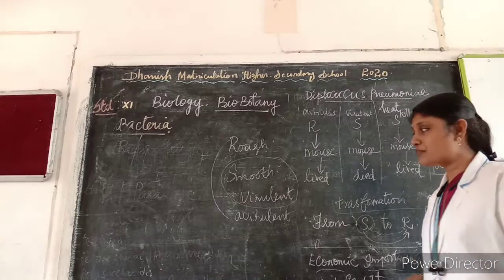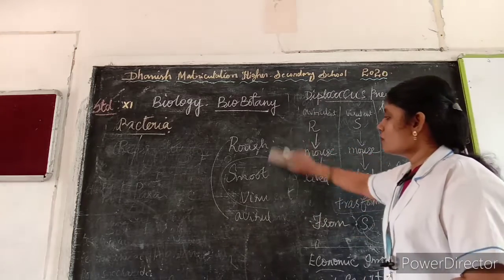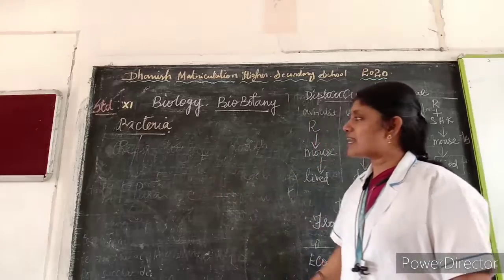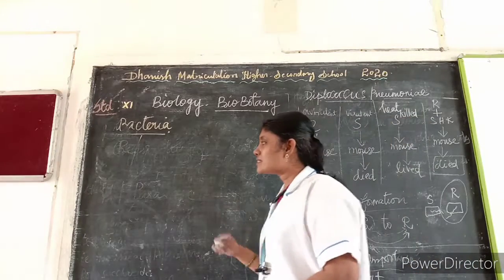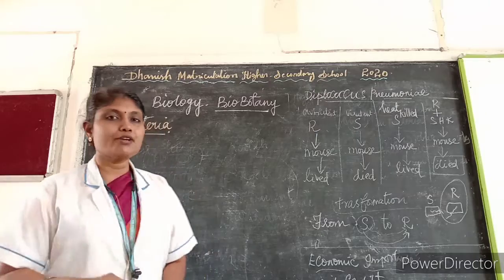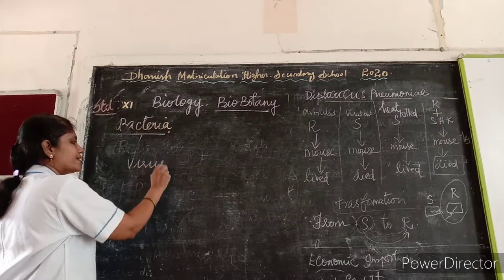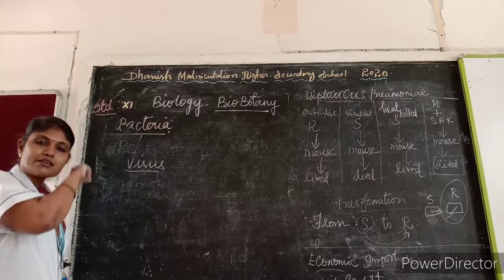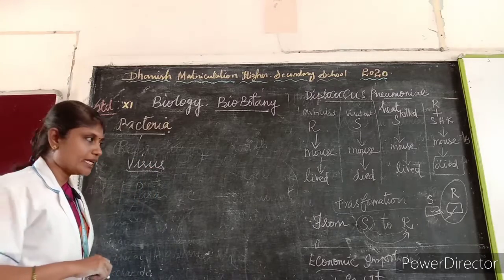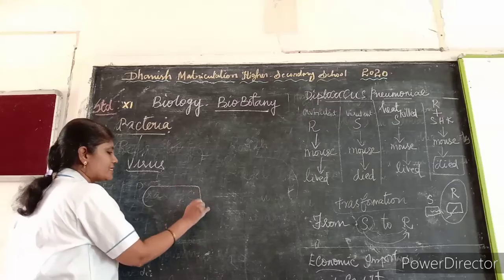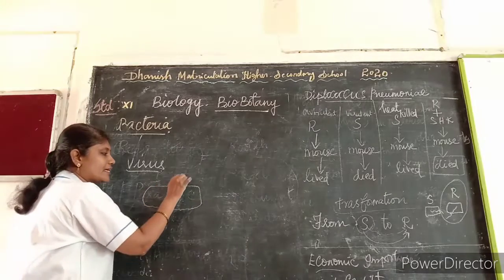What is the next type of reproduction I told you? What is that? Good. Transduction. So what is transduction? What is required for transduction? Transduction involves the presence of a virus. The virus helps in the transmission of the genetic material. So you have a bacterial cell. So the bacteria is getting affected by